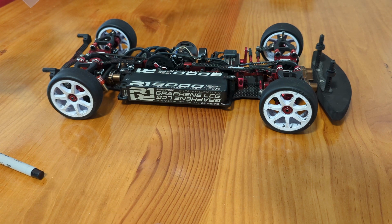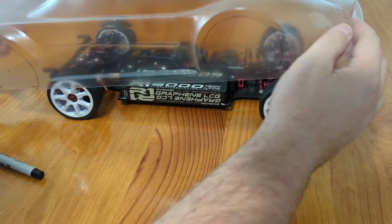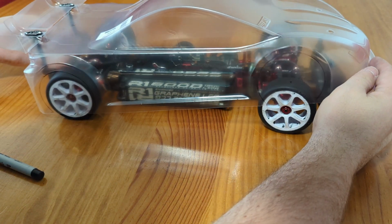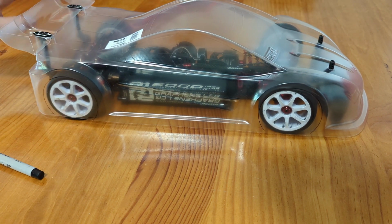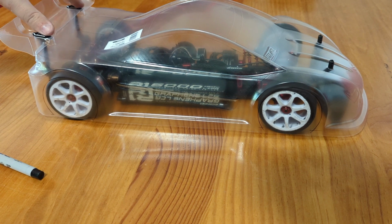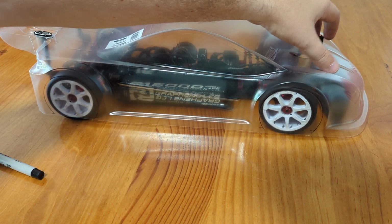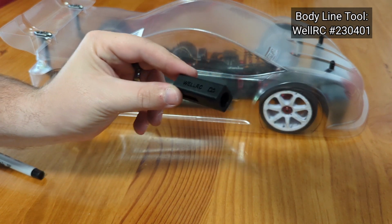So I've come out to my dining table because my setup board isn't quite the right size for this. What we're going to do now is just fit the body on the car, get it dropped, and of course we've already set our splitter height at the front and our wing height at the back based on, I like my splitter 11mm off the ground and my wing at about 112, 111 at ride height. Make sure all that's set, and the next piece of equipment we're going to use is the Well RC body